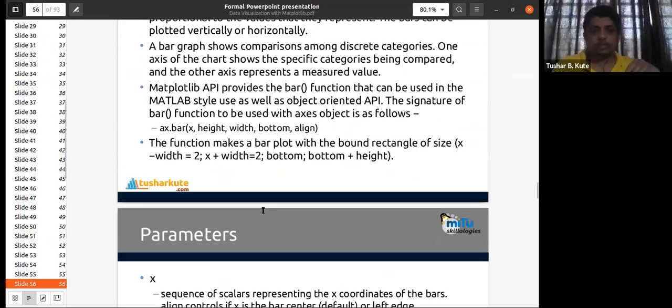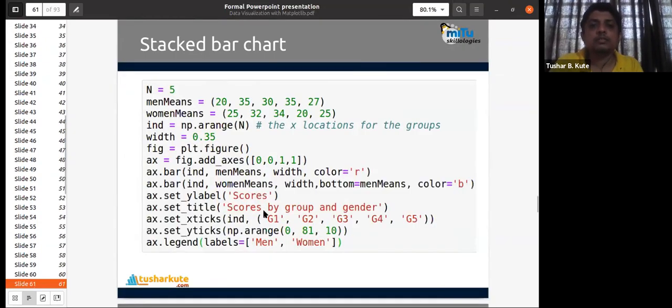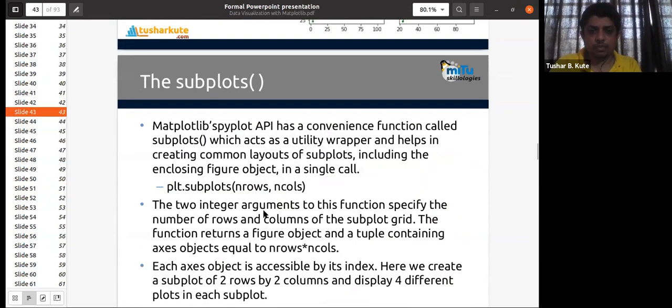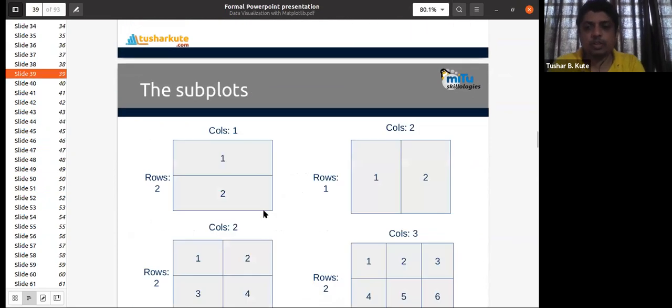Just see, again, similar to the matplotlib visualization technique. If you have seen the matplotlib visualization, there we are using one smart method. It's called subplot. Okay, where is that? This one.